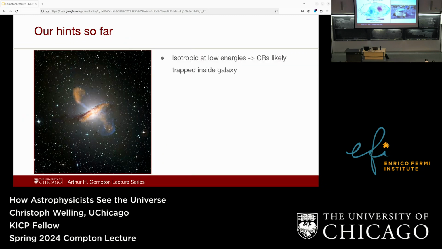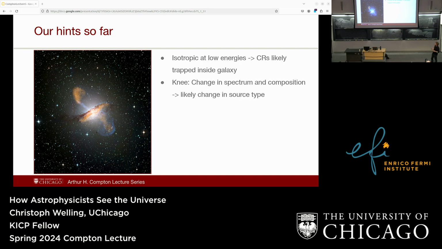So I'm going to leave a little bit on a cliffhanger today, and to kind of spoil the surprise a little bit, we actually don't really know where cosmic rays come from, the very highest ones. We have some decent ideas, but if we just look at cosmic rays, we cannot actually say a lot right now. So, okay, we know that at low energies, they're all coming from pretty much the same direction, so they're probably getting trapped in our galaxy, because that's also what you kind of expect if you have a rough estimate of what the magnetic fields are in our galaxy. So lower energies, they're probably from our galaxy.